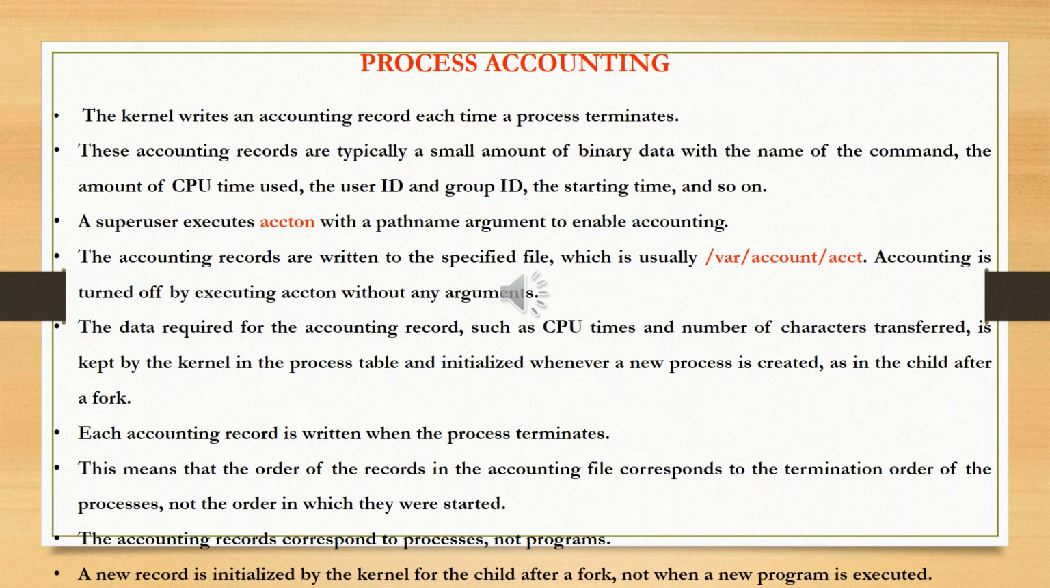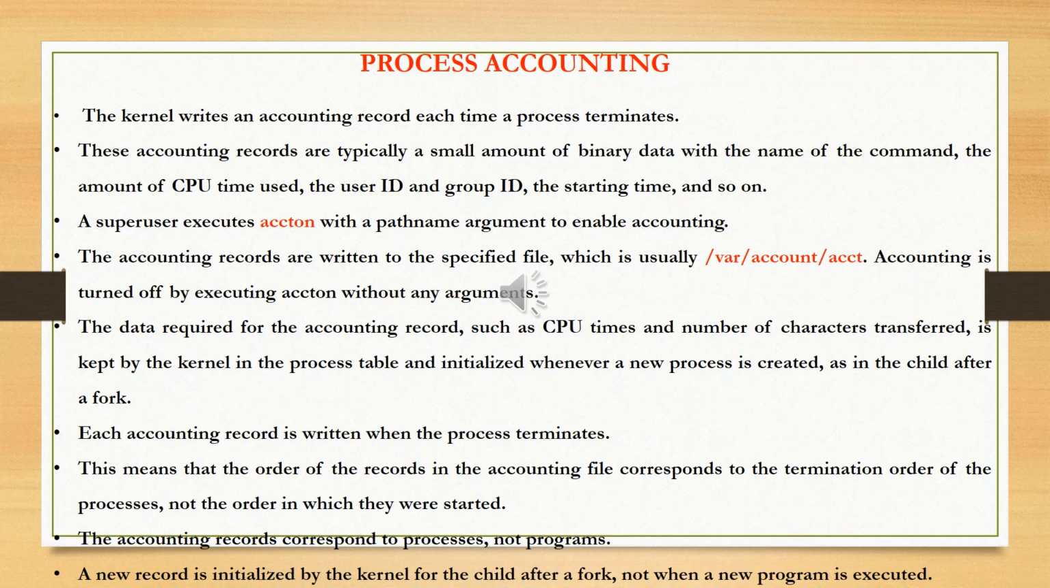Accounting records are written to the specified file, which is usually /var/account/acct. Accounting is turned off by executing the accounting call without any arguments. The data required for the accounting record, such as CPU time and number of characters transferred, is kept by the kernel